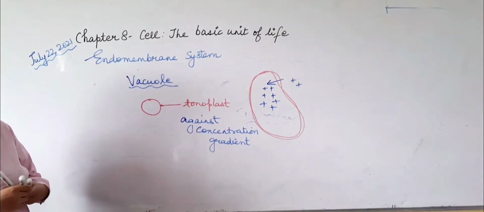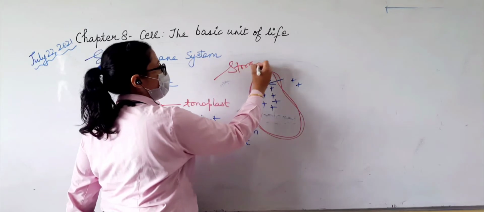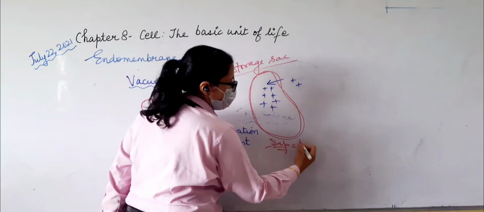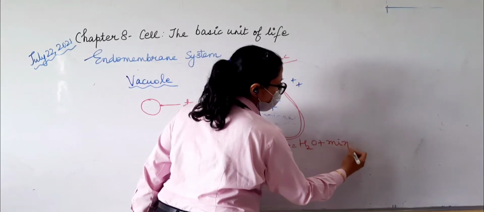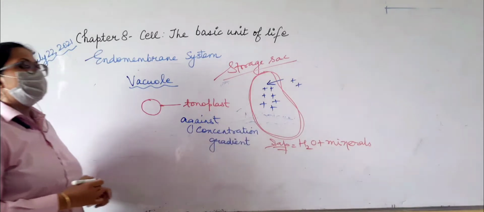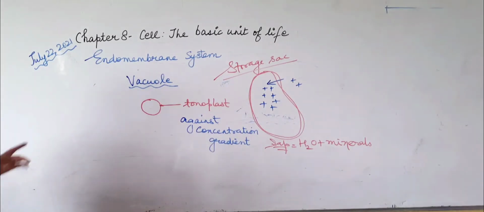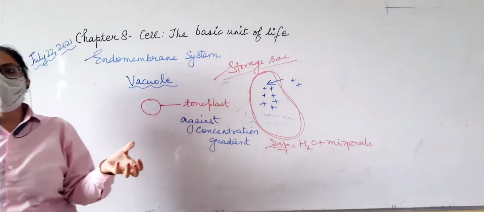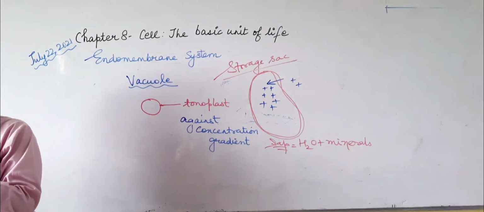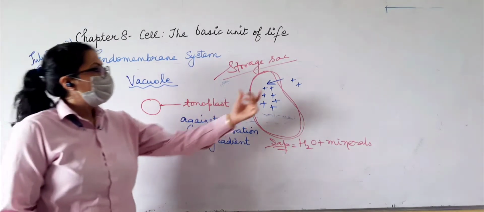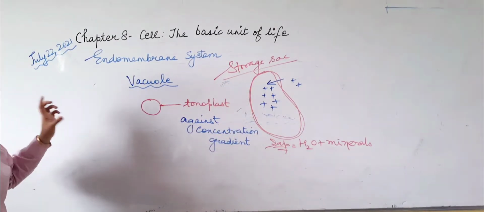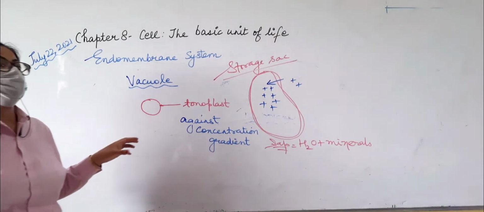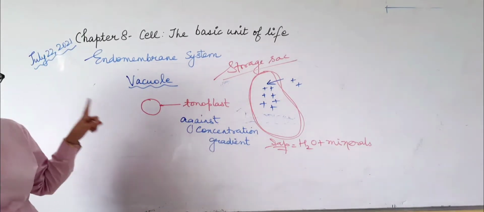Because what is the function of this vacuole? It is the storage sac. It will store different sap. What is sap? Containing water and minerals inside the plant. So the main constituent is this tonoplast, which is helping in storing maximum minerals inside. Otherwise, what will happen naturally? Wherever high concentration is there, it will move to the low part. But over here, opposite. That is why I am repeating, very important MCQ: which layer helps in movement of materials against concentration gradient? That is tonoplast in vacuoles.